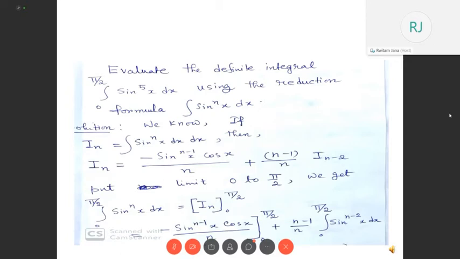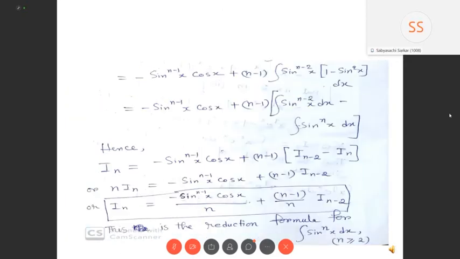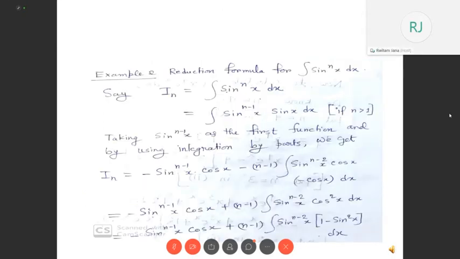I was saying that earlier you said we can't put n equals to 1, but here how can you put n equals to 2? Then even in this process it will become 0, no? No problem. If you put n equals 2, just put n equals 2 in your reduction formula. Then you will get I0, right? Yes, sir. Now you put n equals 0 in your In, that is I0 equals the integral of sine to the power 0 x dx. Is it clear? So you put the I0 value here.